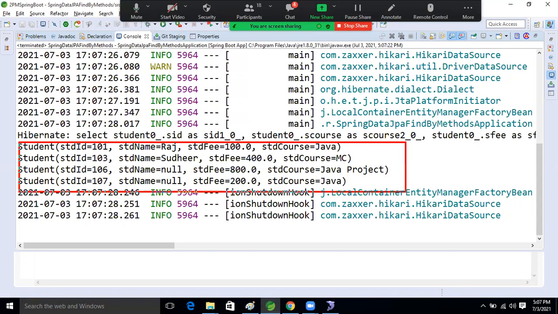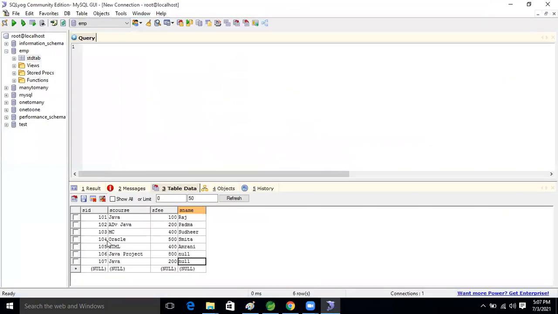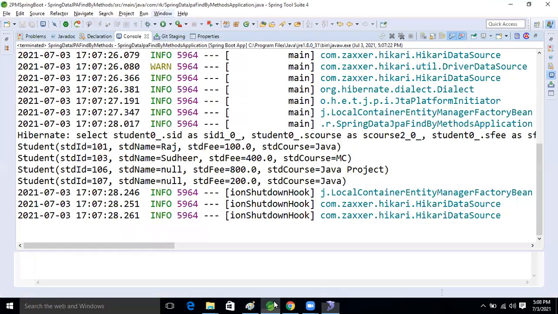This record we are getting, but this record we are not getting. Which ones? The 104, 105, and 103 records. Padma and Sudhir, Padma, and Samita. The Amrani record is not there now. See this, guys.